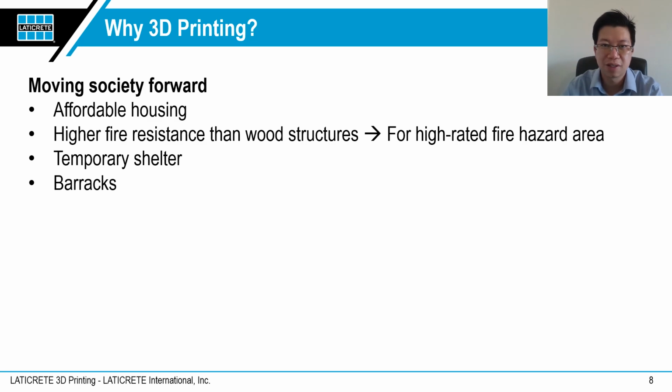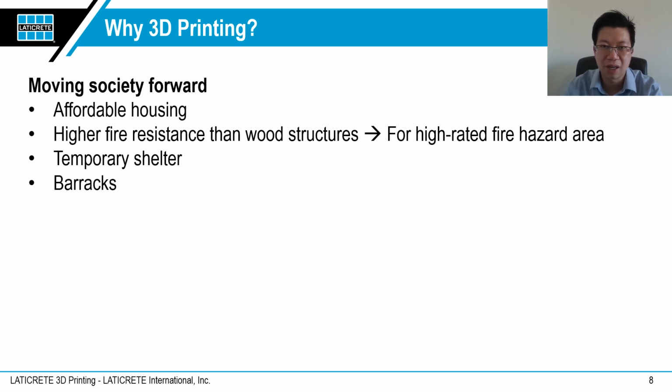With the benefits that 3D construction printing has, it can potentially be a solution to provide affordable housing for communities across the globe. Examples are the project by New Story and Icon in Mexico, and also the 3D printing restroom project in India. The 3D printed structure is also potentially more resistant toward fire, as we can design the material accordingly. This can address the fire hazard problem in areas which are prone to wildfire,